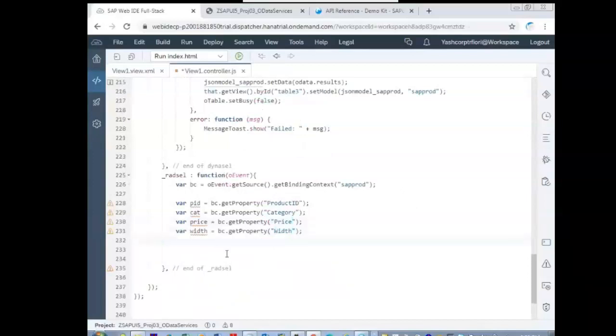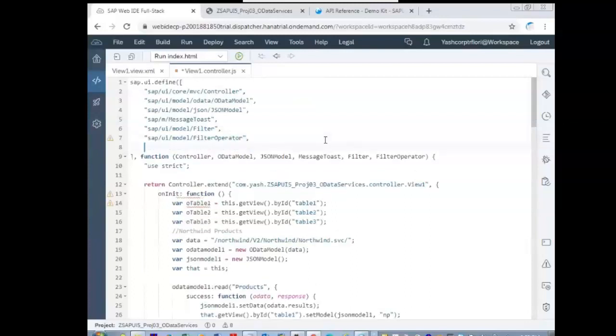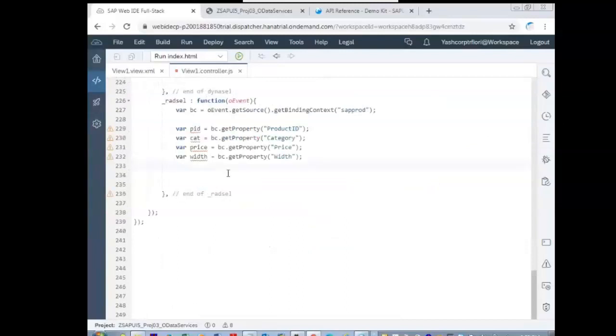Now you can use the MessageBox.alert. Let me declare that on the top: sap.m.MessageBox. Declare that on the top, and use it here.